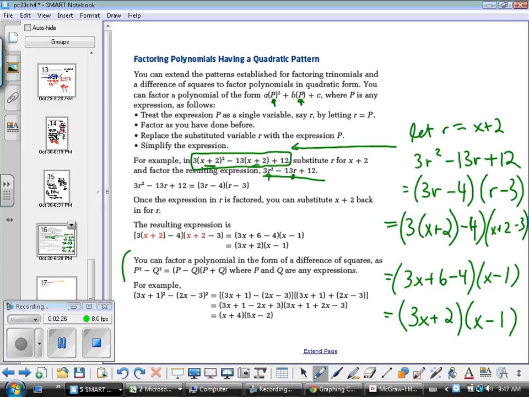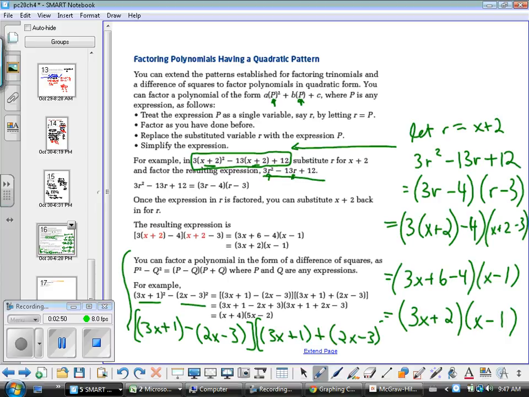Okay, same thing here. Even though this looks like it's so complicated, it's not. It's just a difference of squares. Okay, so you would take that 3x plus 1, okay, take the square root of the first, which is 3x plus 1, okay, minus the square root of the second, okay, and then square root of the first plus the square root of the second. And I put them in brackets there because you want to make sure that